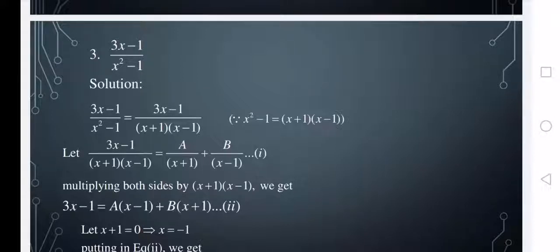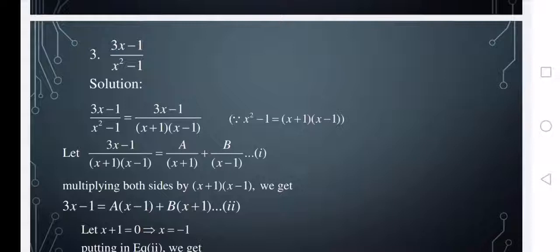Now as we did earlier, we are going to decompose the given fraction into the partial fraction. So since we have (3x - 1) divided by (x + 1)(x - 1), since we have linear unrepeated factors in the denominator, it's (3x - 1) whole divided by (x + 1)(x - 1) is equal to A by (x + 1) plus B by (x - 1).